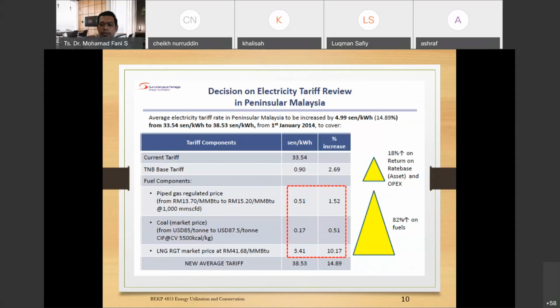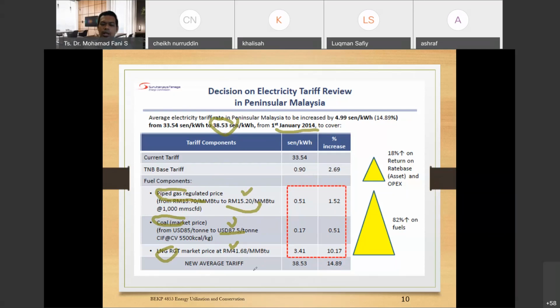Fuel, okay. Fuel components under the ICPT are piped gas, coal, and LNG. This one is the forecasting price when they decided to design this base tariff after 2013. For the trial year, they use these numbers, the price for every single piped